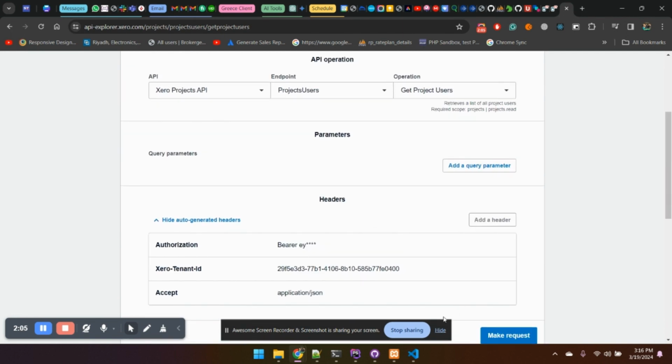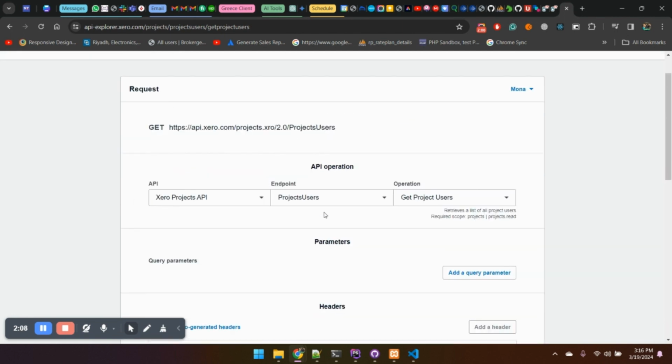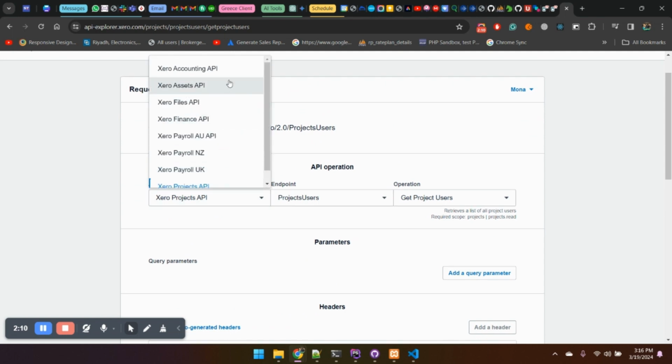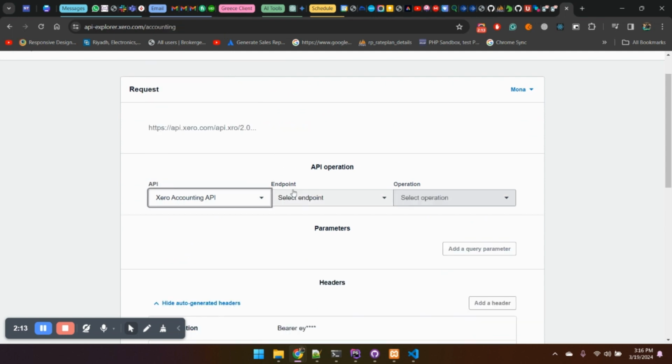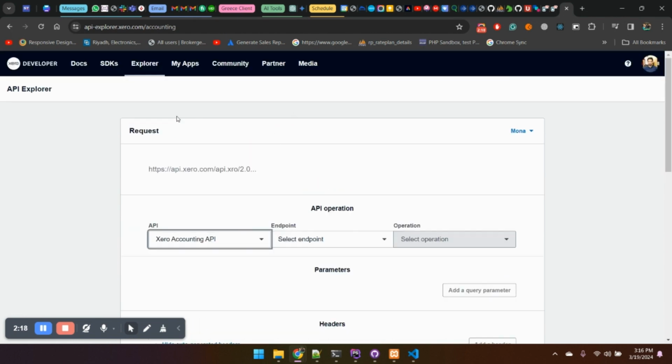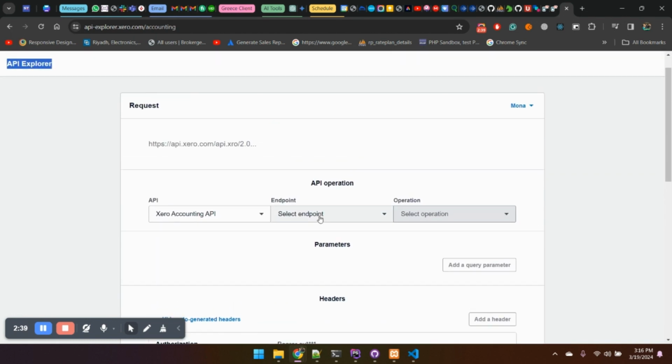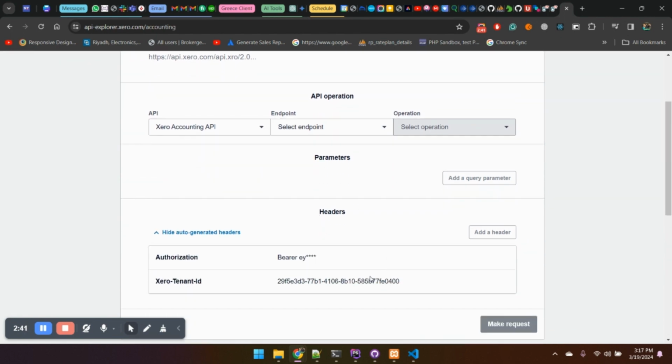So let me share with you the other stuff that is very important, because before doing any kind of integration, you can see this is an API explorer, but sometimes we need to integrate this information with the third party API. We have to integrate this as a third party into our project, or into the reporting project or somewhere else. So we use this Xero API. So let's start with some stuff that is related to